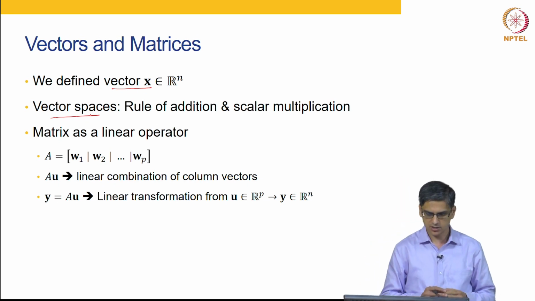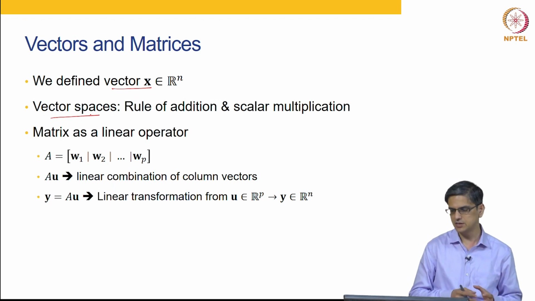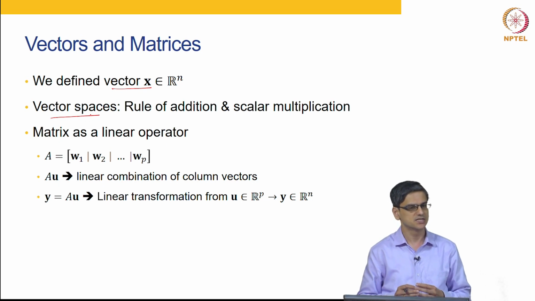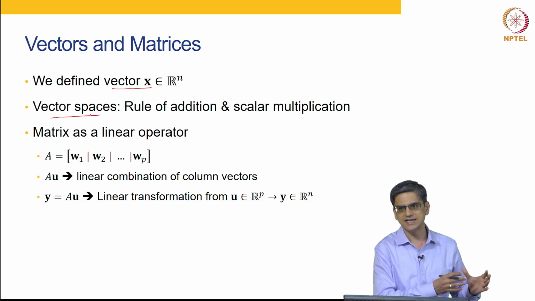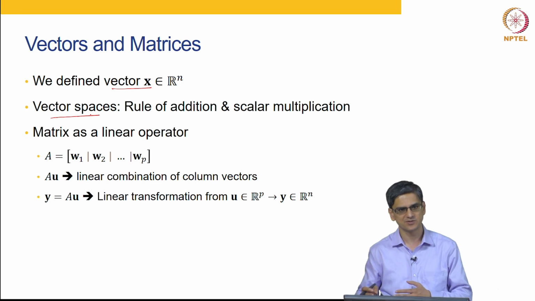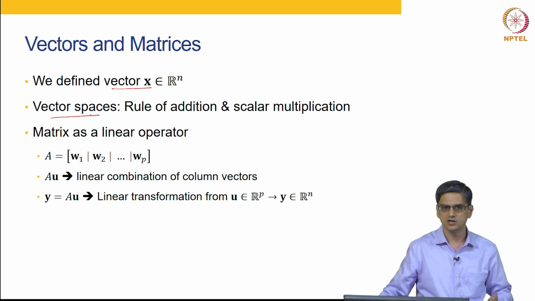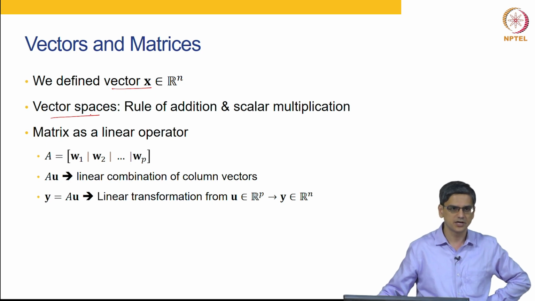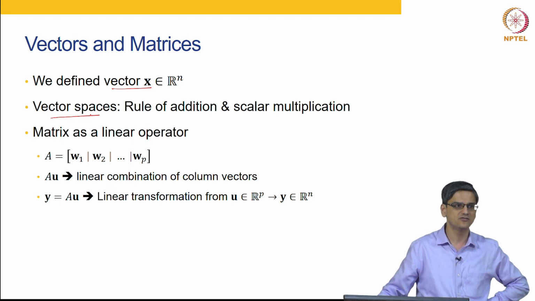And really the important takeaway from that is that linearity implies superposition. What that basically means is, when you have let us say vectors x and y, alpha multiplied by x plus y is equal to alpha x plus alpha y, which is also equal to alpha y plus alpha x. If you have a linear function f of ax plus by, then that is also equal to a multiplied by f of x plus b multiplied by f of y, and all those things we talked about with respect to linearity. The last part is not in the definition of vector space, that is the definition of a linear function.